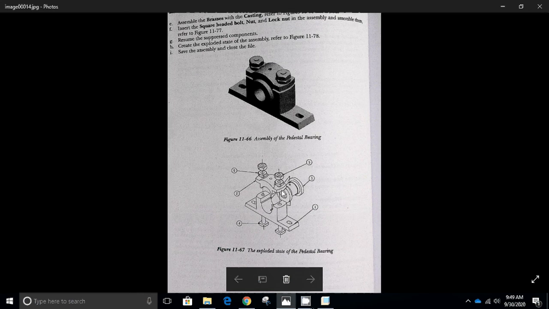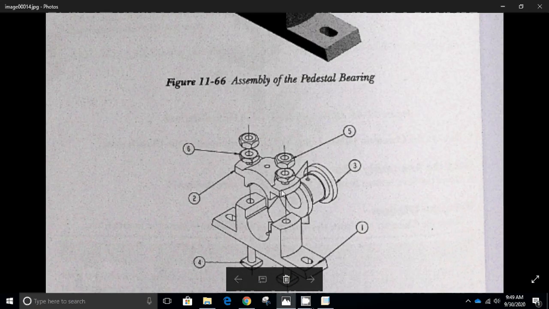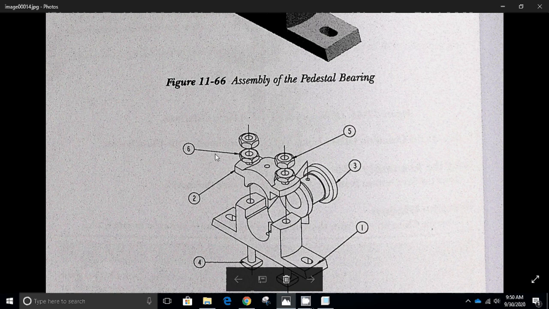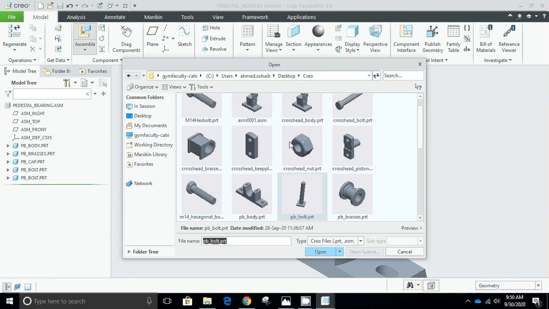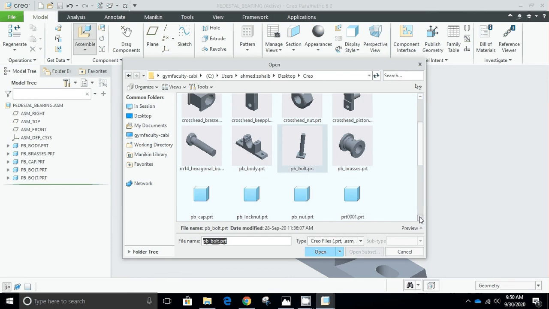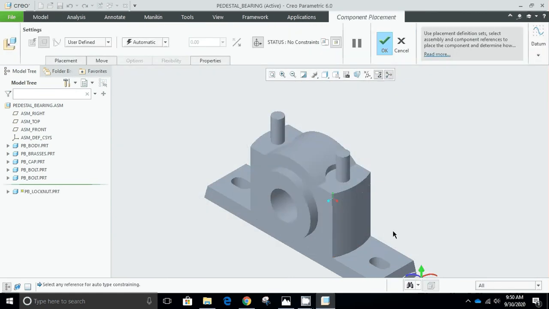As you can see in this figure, the lock nut is at the bottom with number 6, and on the top of the lock nut there is a nut with more thickness. So first we have to call the lock nut, this here is the lock nut. Open,